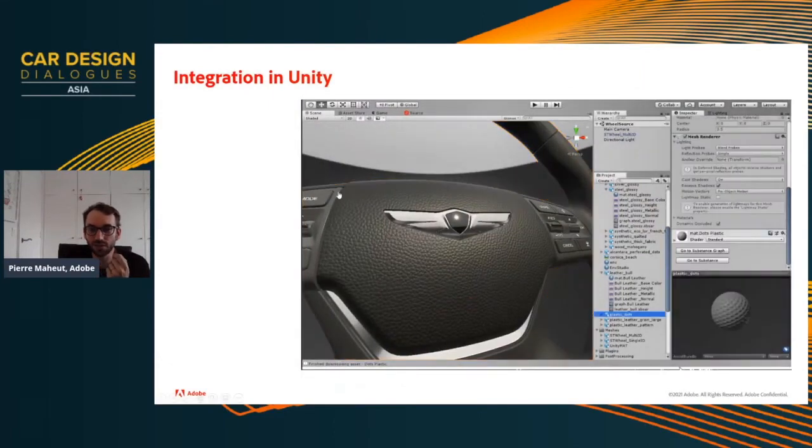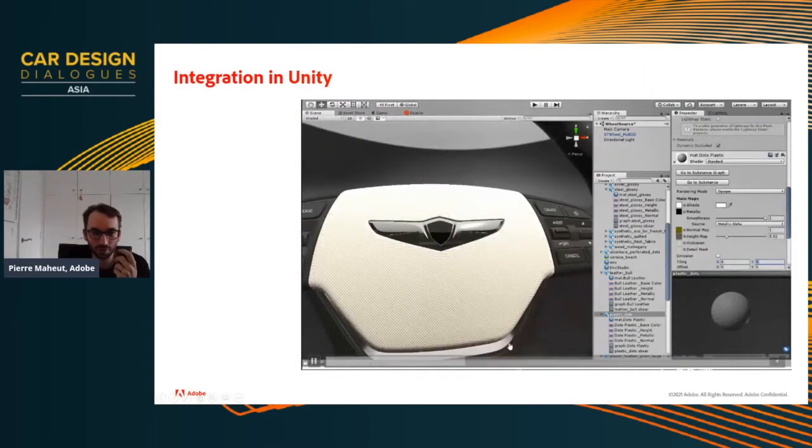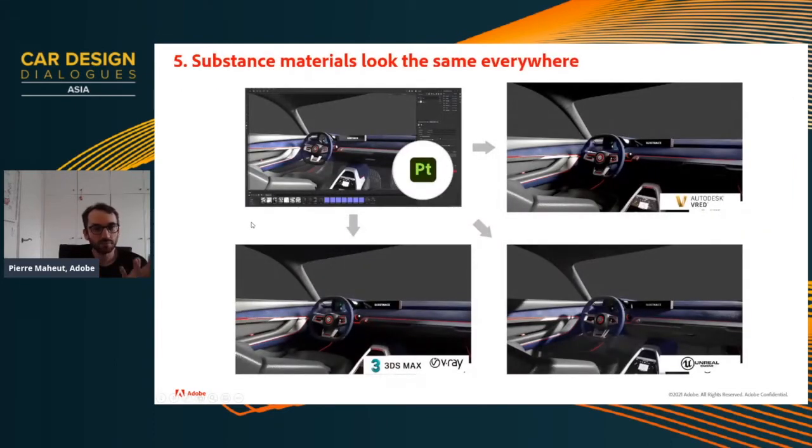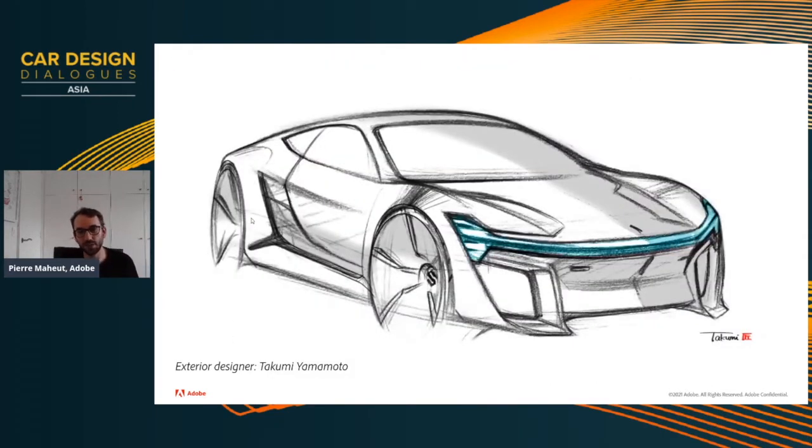Same thing with Unity. Here we are drag and dropping a plastic from the 3D assets library in Unity, and you are able to change the parameters and the presets. Same thing, if you are developing something in Substance Painter, you can export it and see it in the different tools directly here. But again, best is to see it in action.